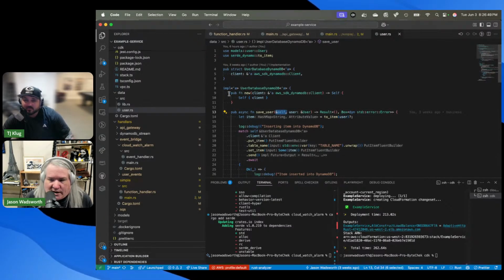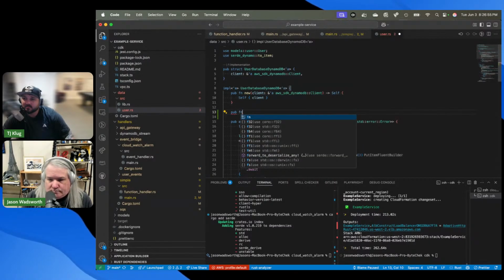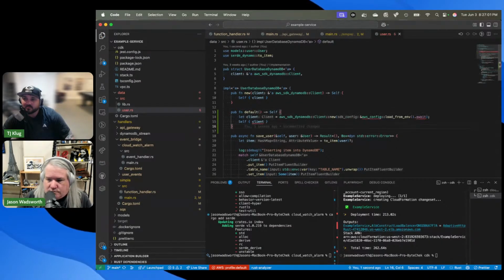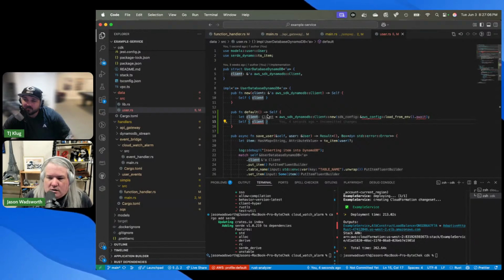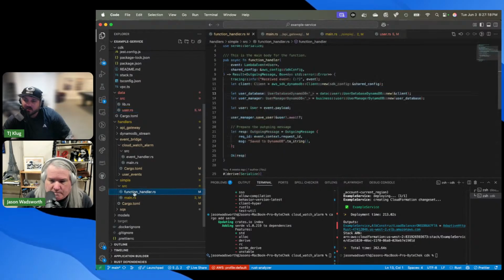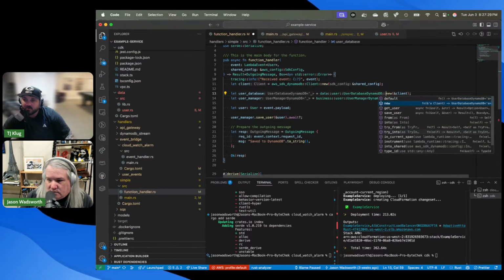So this is more like, if I want to create a new one, I could create one. Default is another one that's pretty common, and you'll create one with a default client or whatever. Obviously that doesn't work, but you can do that. Their model of newing something up is a little weird. We looked at it, but we didn't really pay that much attention to it. It's :: instead of dot. Oh, yep. And when you do that, you'll see all the things that are at the top level there.